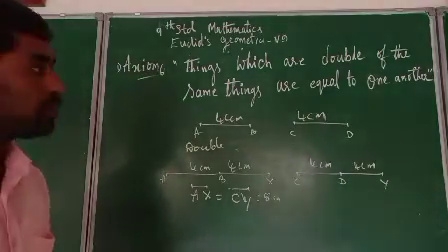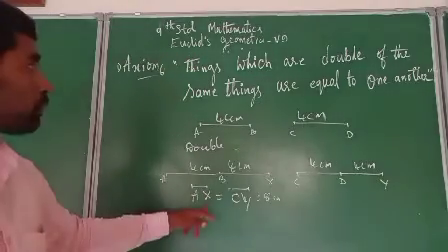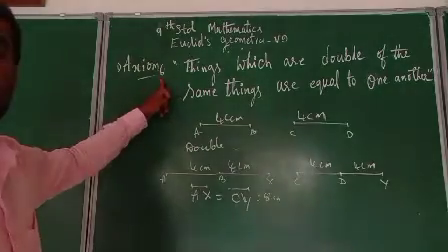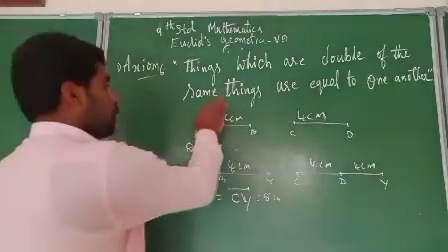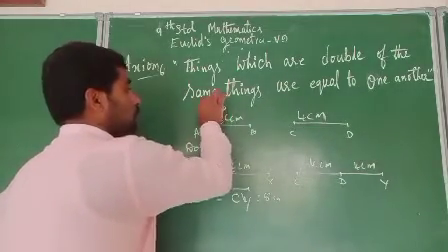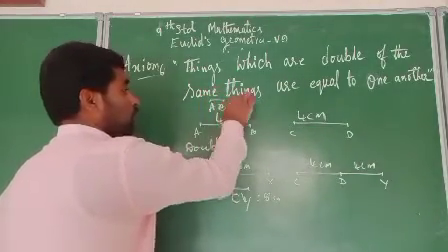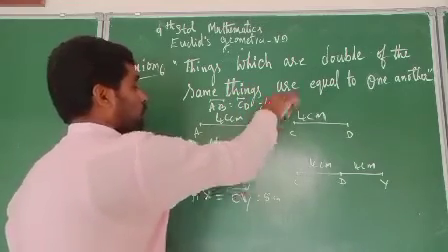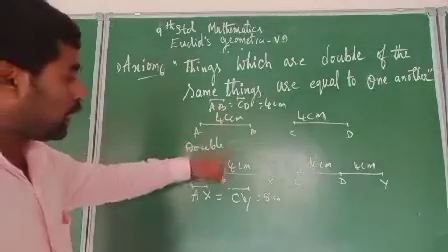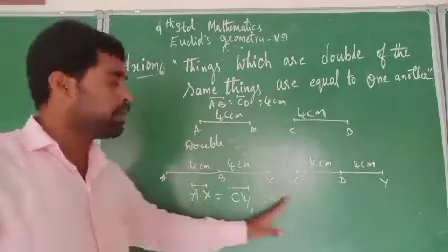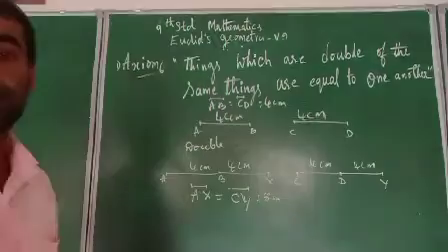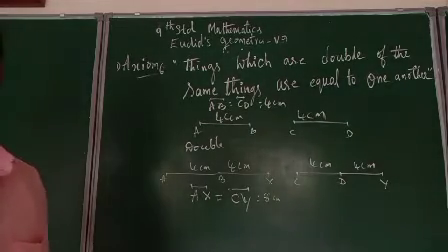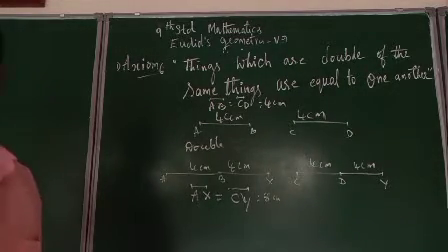This is axiom number 6. Is it clear, students? So here initially AB is equal to CD which is equal to 4 centimeter. Double this line segment, then 4 centimeter becomes 8 centimeter. Then they are equal to one another. Is it clear, friends? Take down.